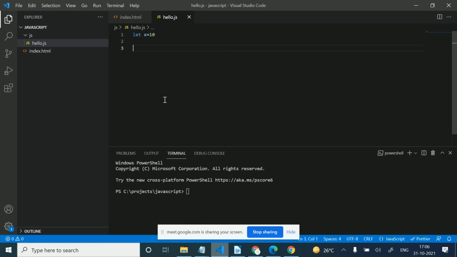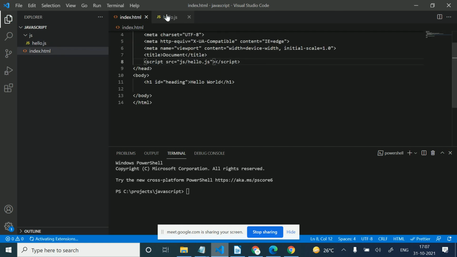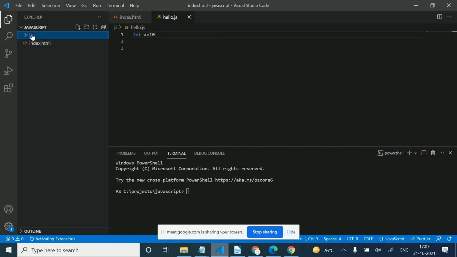Like another condition: if we have another file, this is hello.js and we have another file, index.js, with the same value, let x is equal to 10. I'm creating one more file here, index.js, and I'm creating x equal to 10.